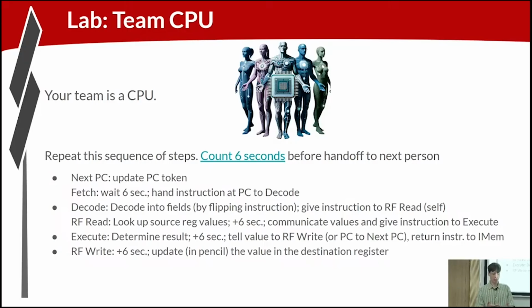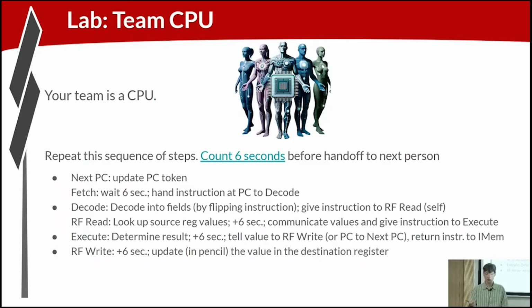We're going to have the same person be decode and register file read. As we learned in RISC-V, there's actually no decode required to initiate the register file read, so they kind of happen in parallel. So you'll flip the card, you'll get the indices that you need to access from the register file, and look them up. So you'll just do this mentally. You have the indices, look up the values, just mentally know what these values are, and then you're going to hand those off after 6 seconds to the execution stage, which means, hey, execution,